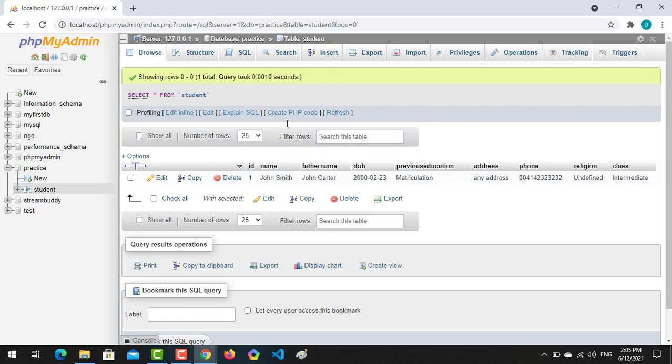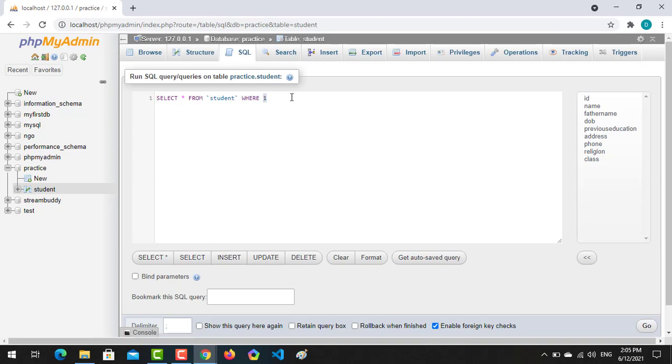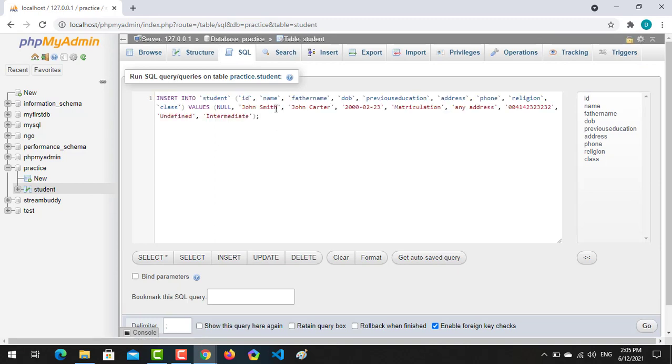The second way is by using a query. If you want to enter data using a query, you can click on SQL and write the insert into query. For this purpose the insert query is used. First you have to write the column names, and the column names should be written in sequence. If the ID is at number 1, you have to write the ID first, then name, then father name.